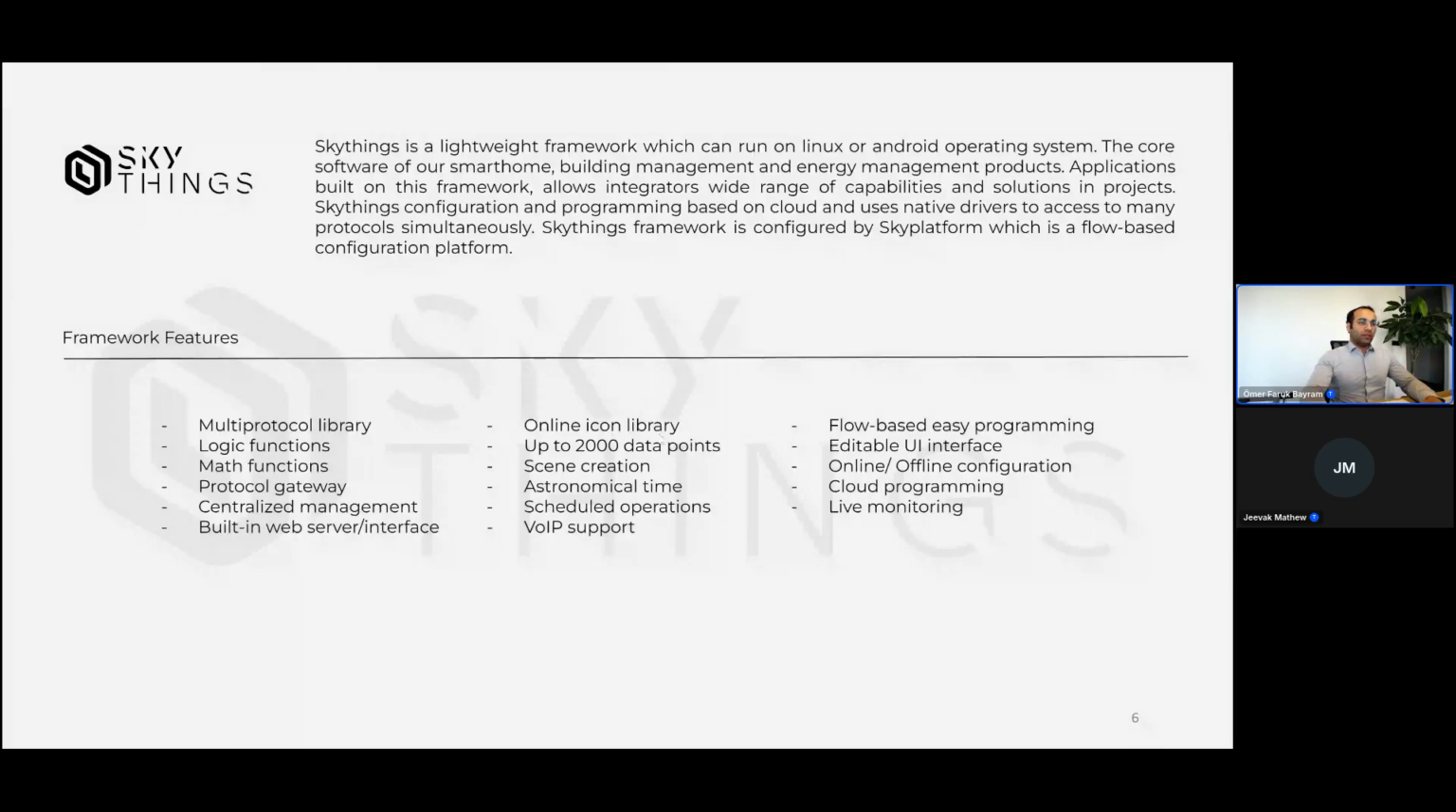Online icon library: there are thousands of icons online. We will add these icons to our UI, and the user can select any one. And data points up to 10,000. Practically, we don't have any limit, but theoretically, we should say a limit. That's why we are saying here 2,000 data points. Scene creation, astronomical time, these are basic functions, and VoIP support is